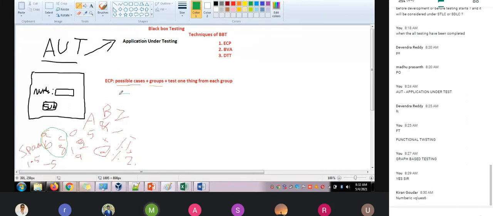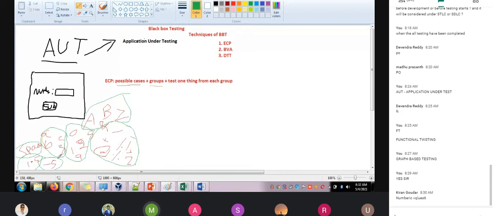So this is one group. All the special characters are one group. The numbers are one group. The space is one group. The decimals are one group, and negative values are one group.